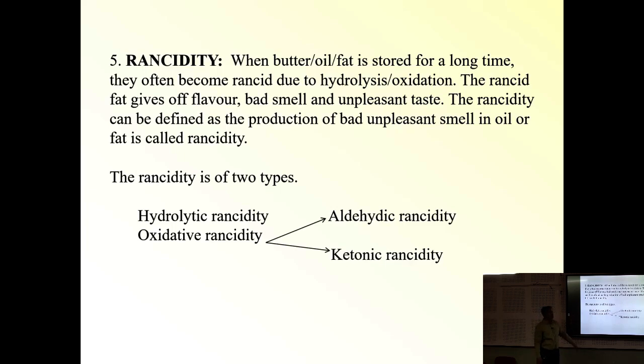This bad odor can occur with all living organisms. Wherever you find dead materials, a bad smell comes out. If a rat is killed here, you will find a bad smell because of this rancidity. So remember this, rancidity means what? Bad odor. How? There are two types of rancidity, hydrolytic rancidity and oxidative rancidity. I will explain later on.